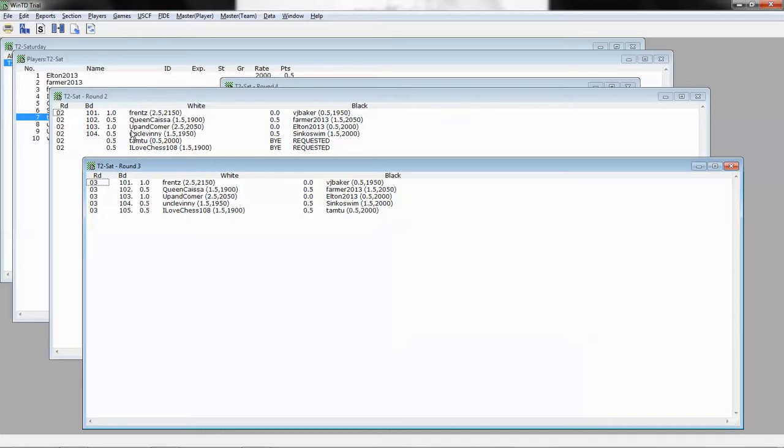And a way to handle that with conventional USCF software is to create a fictional imaginary round 3 and give Frentz and UpandComer another win, and give everybody else a half point, and then averaging a half point becomes par. So anyway, that makes it look like Frentz has 2 extra half points, also UpandComer, and that is our